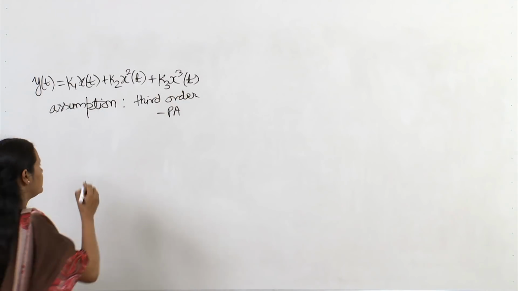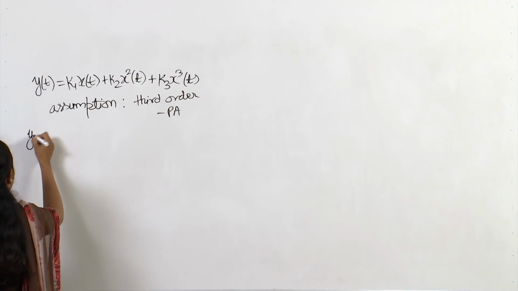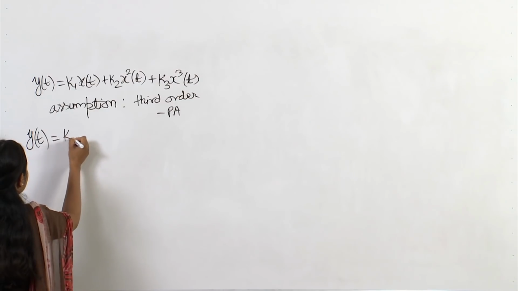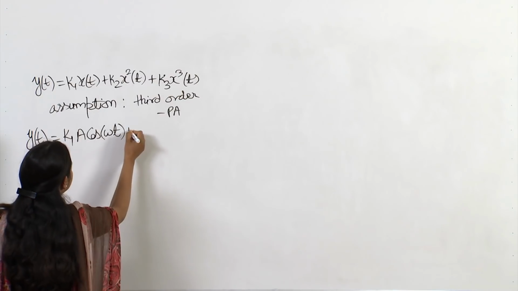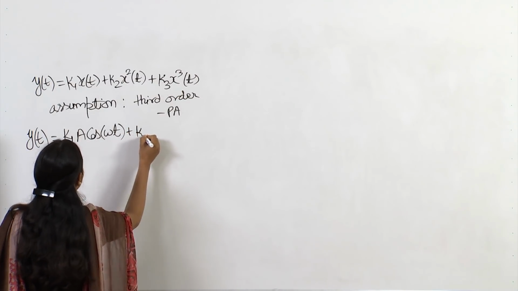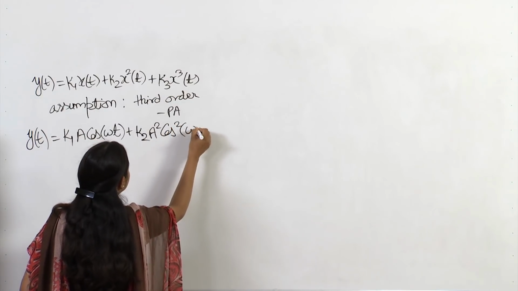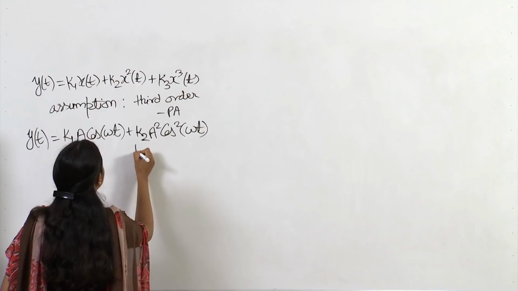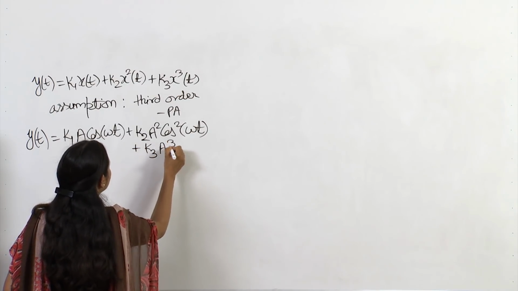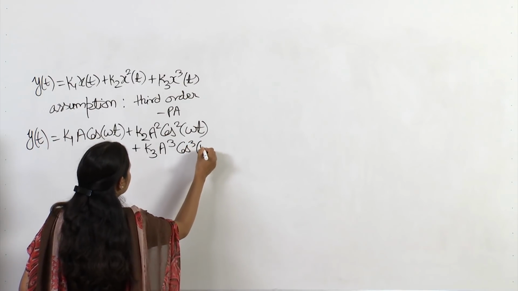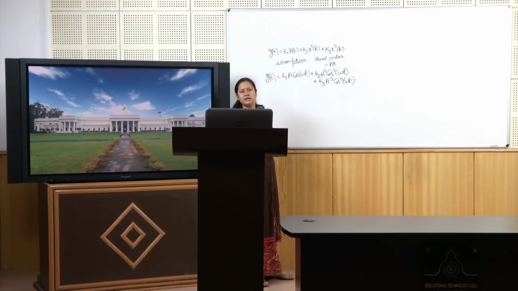Our x(t) is a cosine function, so let us put that value in here. So our y(t) will become k1 A cos omega t plus k2 A square cos square omega t plus k3 A cube cos cube omega t. Now, if we expand these relations,